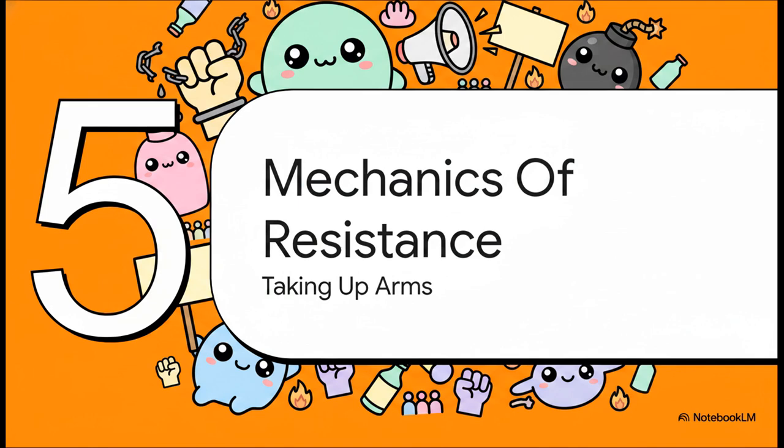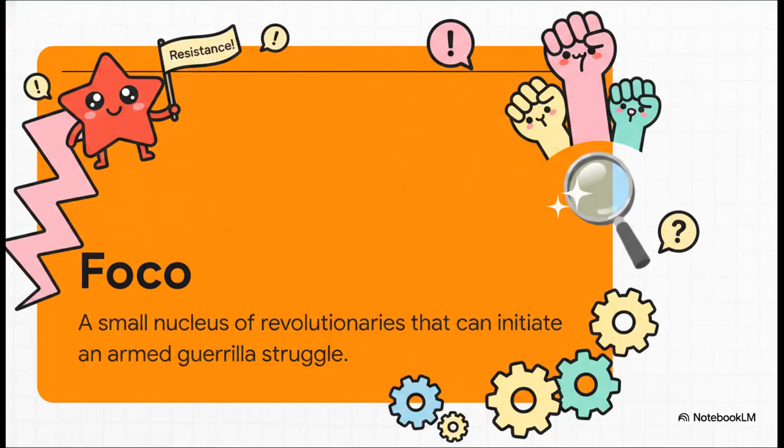Finally, Section 5, Mechanics of Resistance, taking up arms. When that explosion happens, what does it actually look like on the ground? Che Guevara introduced the concept of the FOCO to describe how resistance gets catalyzed. The idea here is that you don't necessarily have to sit around waiting for all the objective conditions for a massive revolution to magically align. Instead, a small, highly dedicated nucleus of revolutionaries, the FOCO, can spark widespread resistance and inspire the masses to push